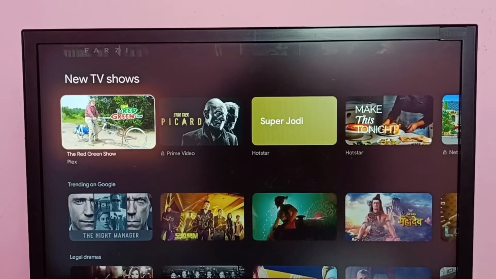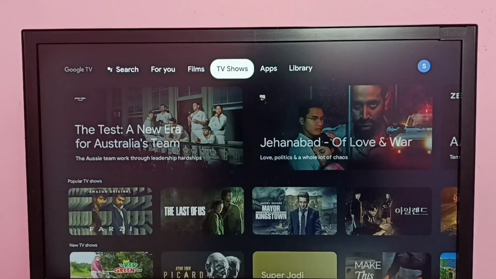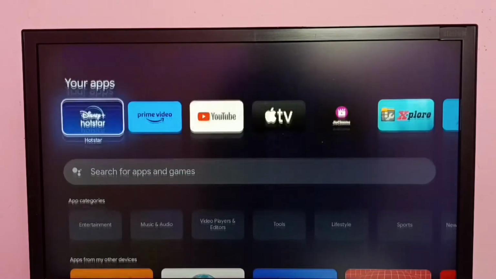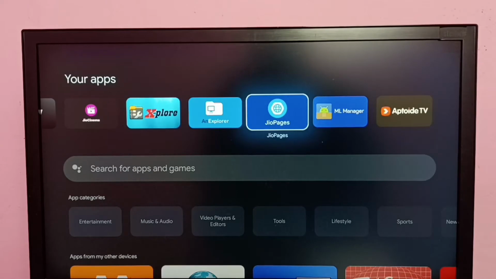Hi friends, this video shows how to install Google Chrome browser in this Google TV. So first we need to install one web browser. So in this TV I already installed one web browser called GeoPages. You can install any browser. Then open the browser, then go to